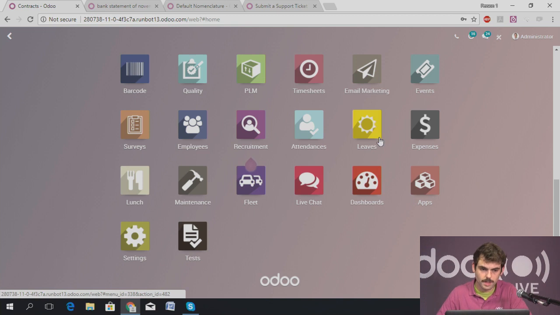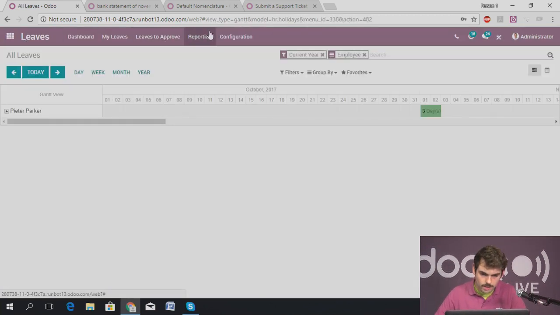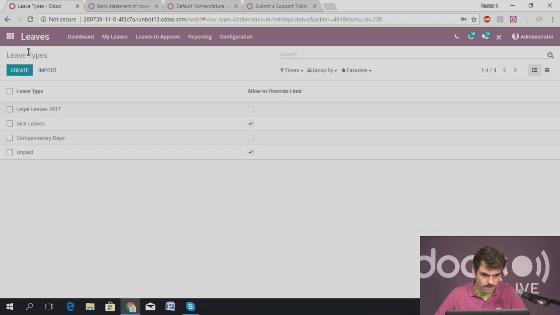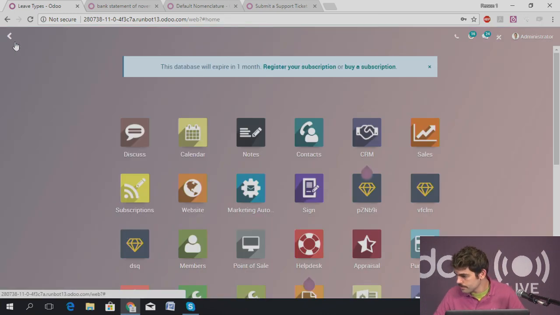Let's check last time in leaves. Okay. No, that's something that has to be done manually. Okay, so